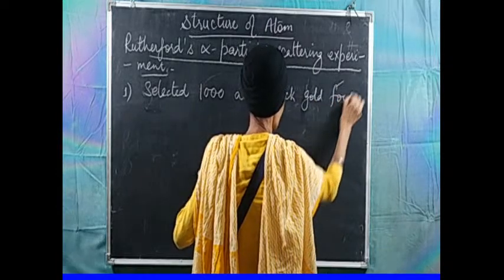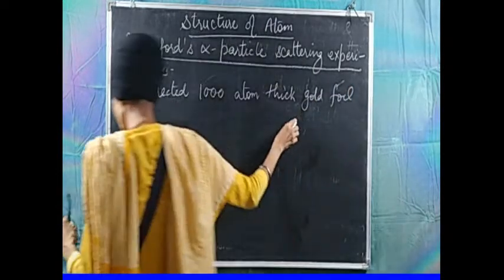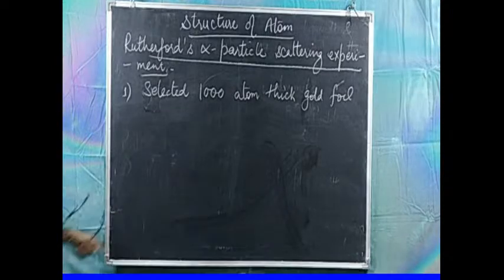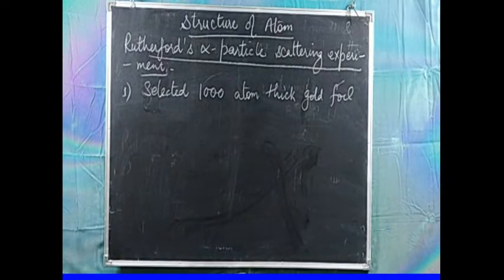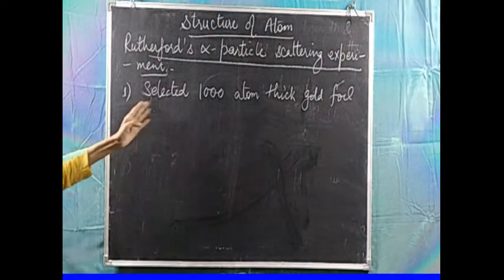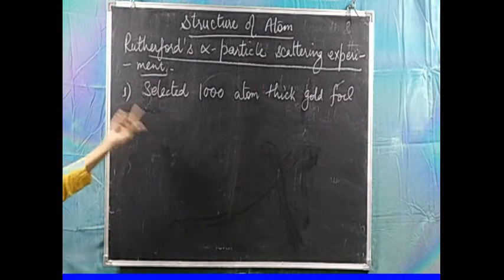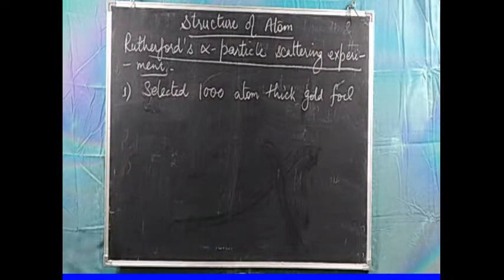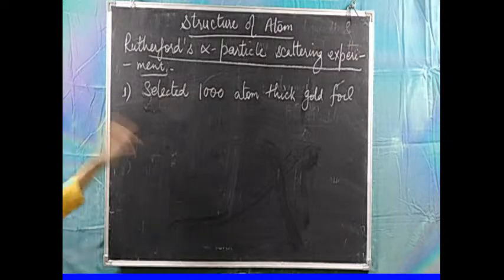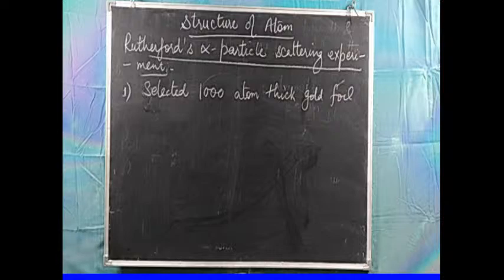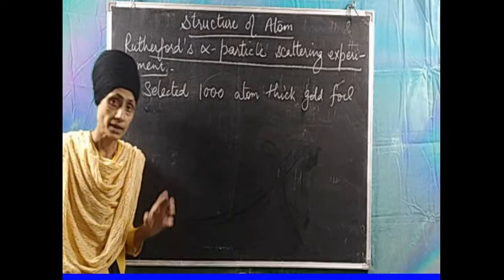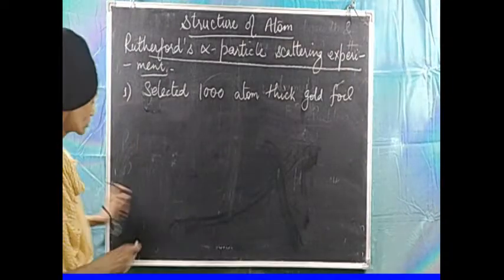So this much thickness of the gold foil is not so thick, it is very, very thin actually. 1000 layer is a very, very thin layer. So he took a very thin foil of the gold having at least 1000 atom thickness, and then he struck a stream of fast moving alpha particles. Fast moving alpha particles have a lot of energy and they are also very heavy, because you know that alpha particle